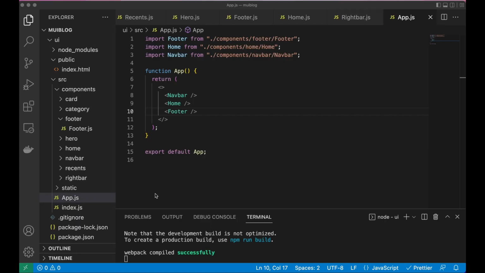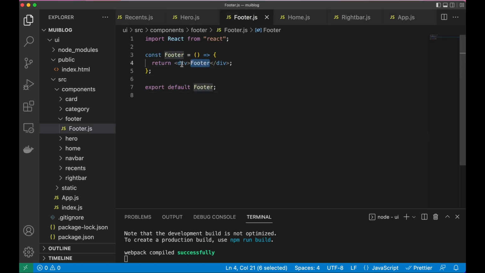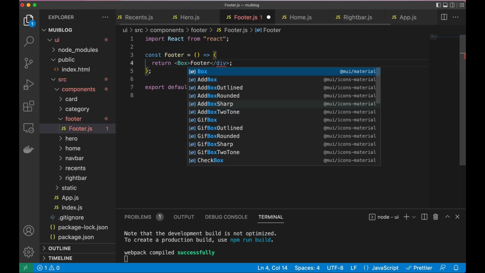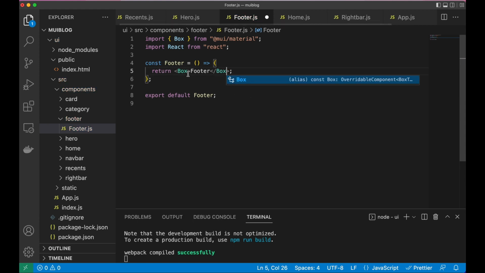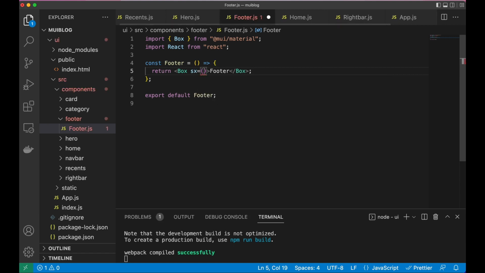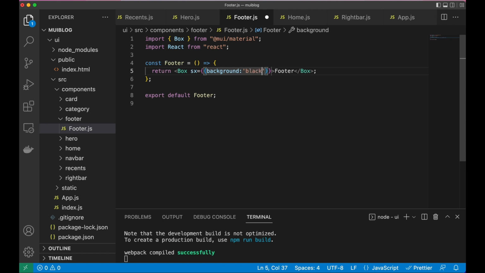Yes, it's here. So let's go to footer. Now inside footer.js we'll make all our design. So first of all here I'll need a box, so let's import this, and it will be also box. Now in this box I'll pass some CSS, and it will be SX, and I'll give it a background of black, so background, and it should be a black color, and also here I'll give it a height of 300 pixel,